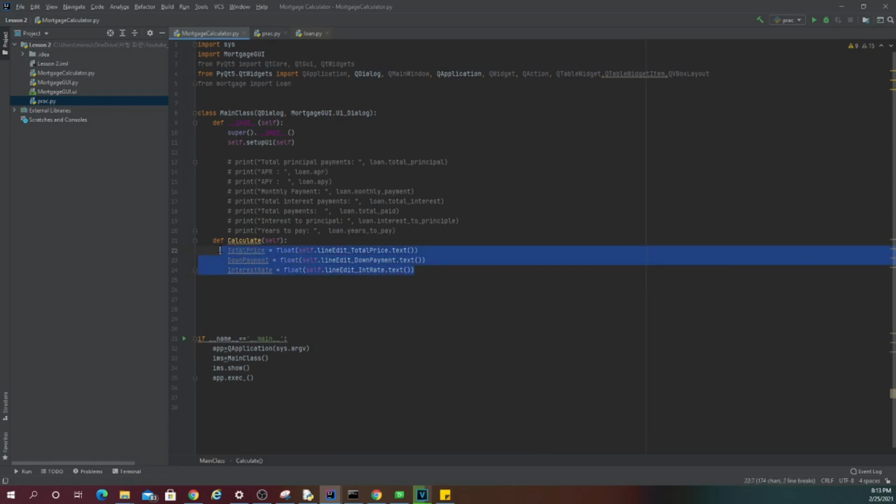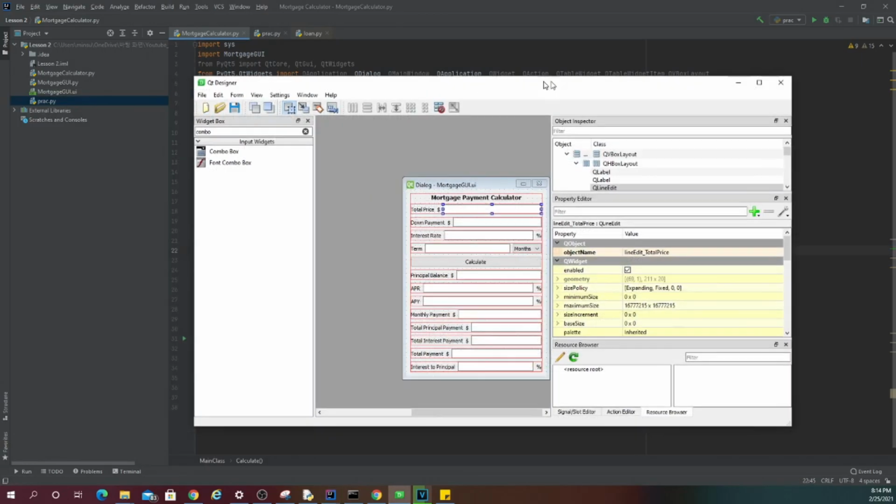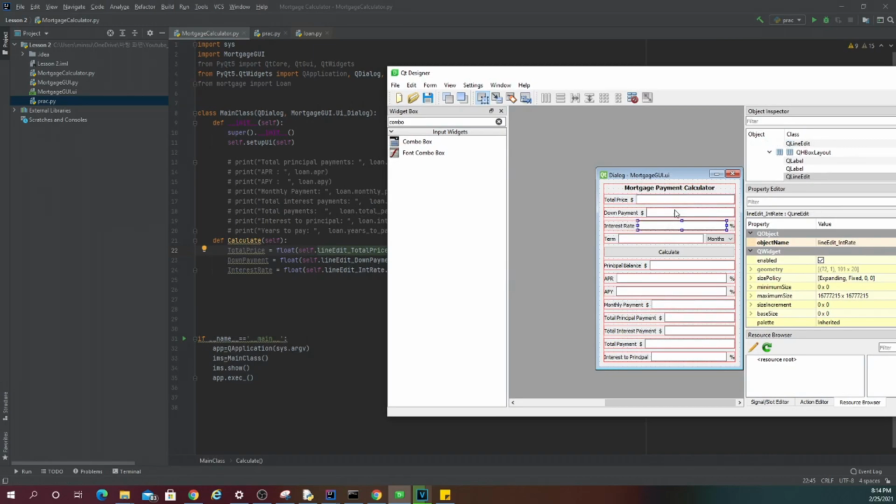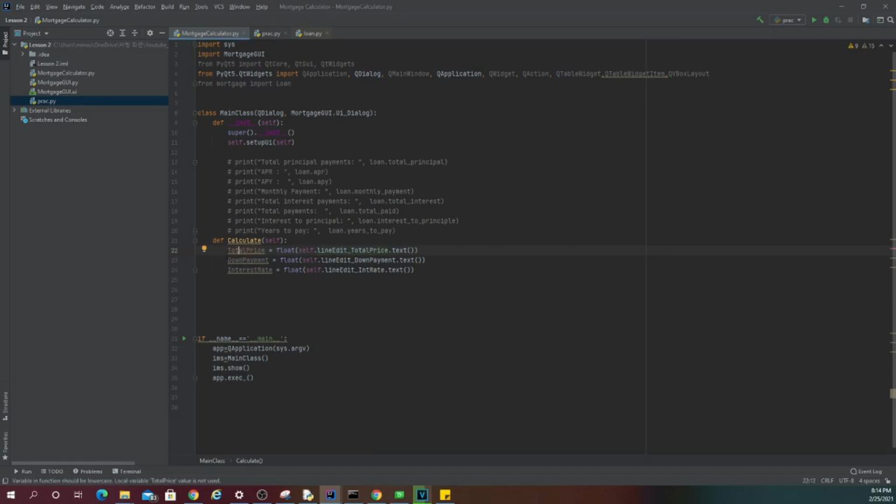So here, these three things, actually interest rate doesn't have to be float. Anyway, these three things, we are taking these three variables, taking this string and then converting it into float, and we're claiming the total price is this one, down payment is this one, interest rate is this one. Okay,